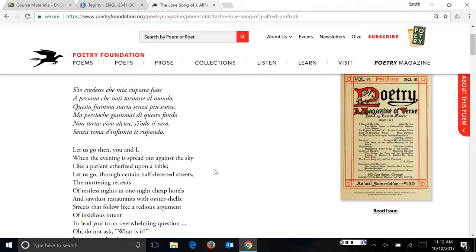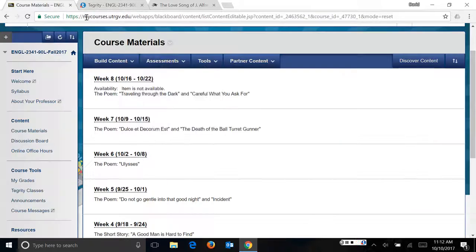So I want to leave off this lecture with just a few thoughts here. You're going to be reading two war poems, Dulce et Decorum Est and The Death of the Ball Turret Gunner. And there is one interview with a professor from Boston University who's going to cover Dulce et Decorum Est, and pay attention to the imagery in the interview that she discusses,